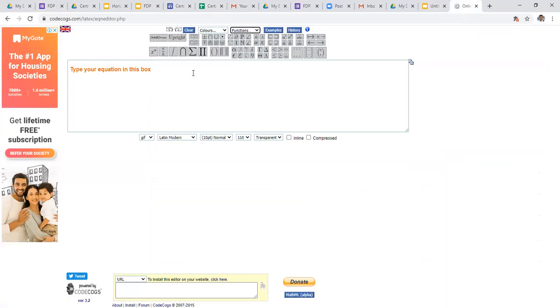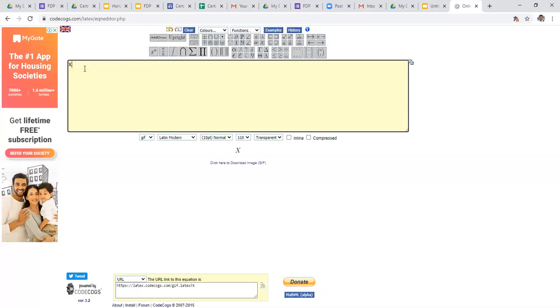So here the expression is the Laplace transform of x of t is x of s.